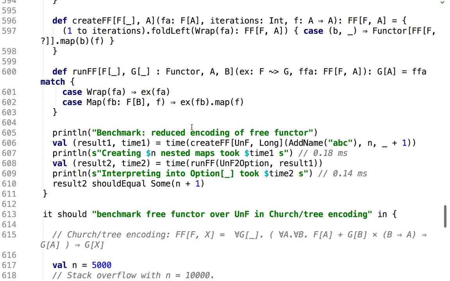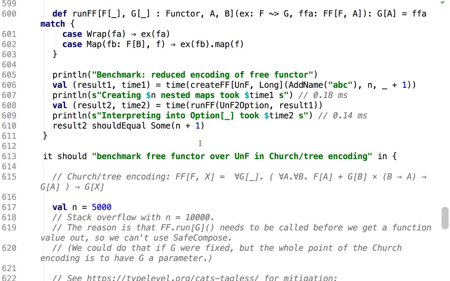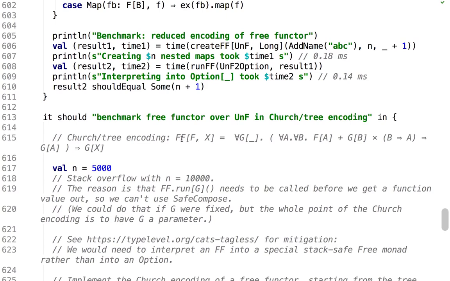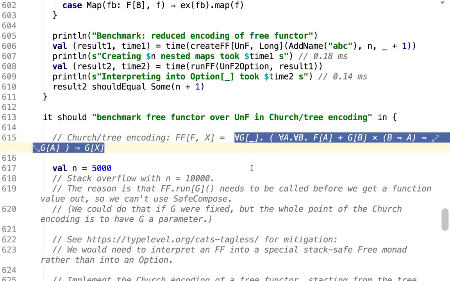Now let us consider the Church encoding of the tree functor. The Church encodings are equivalent as types, but they have different performance characteristics, and they are more complicated to implement. The tree encoding of the free functor is like this,